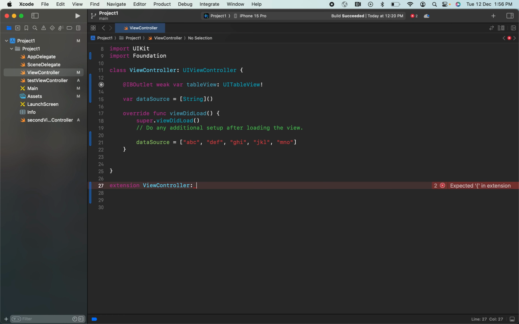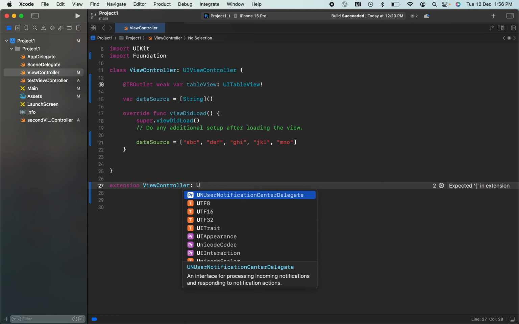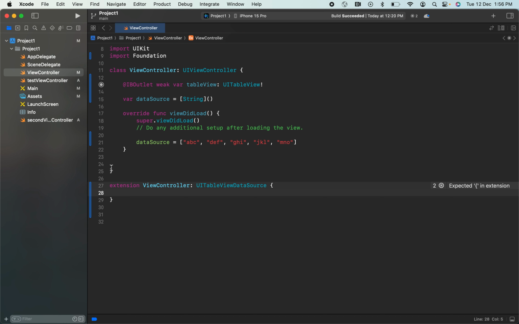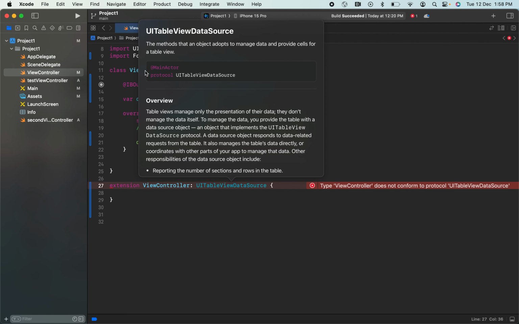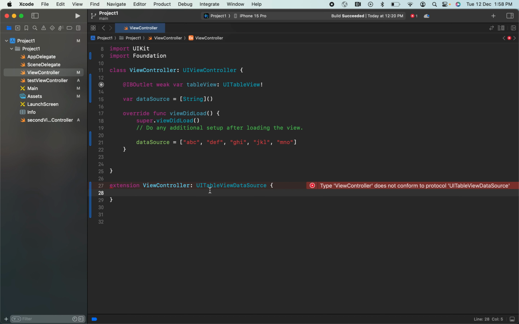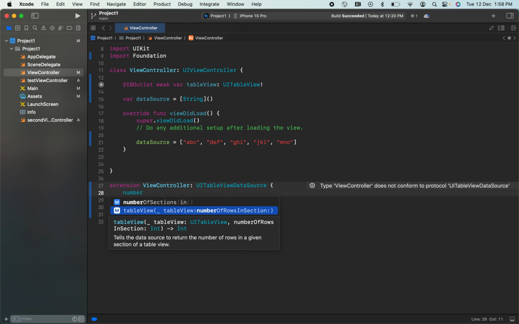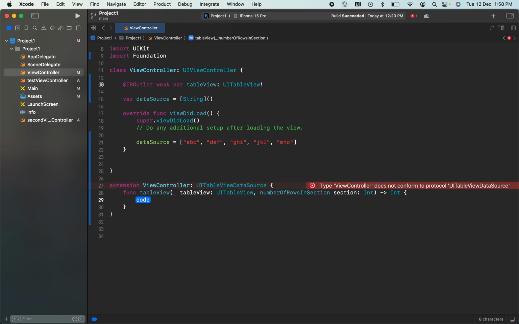Mainly for the table view, we need to consider the data source and delegate. So here initially we will be mentioning the table view data source, UITableViewDataSource. If you select this, we can know that UITableViewDataSource is a protocol, and the protocol needs some methods to satisfy that. So initially the number of rows in the table view, how many rows we are required, that we can define. We will be defining 5 rows here, 1 2 3 4 5. So I'm mentioning as